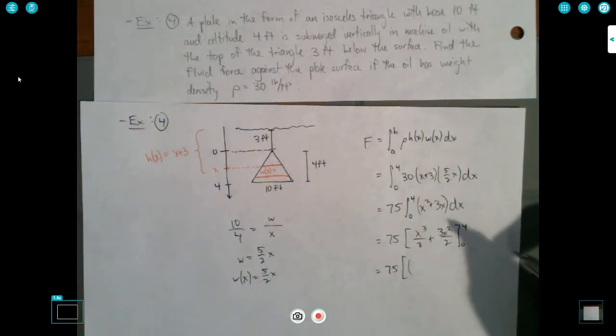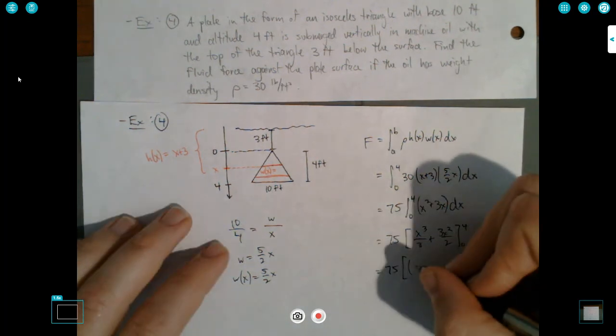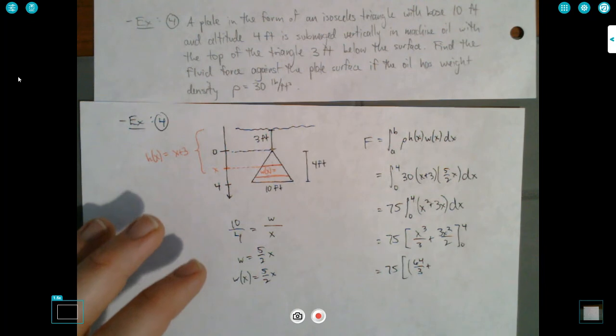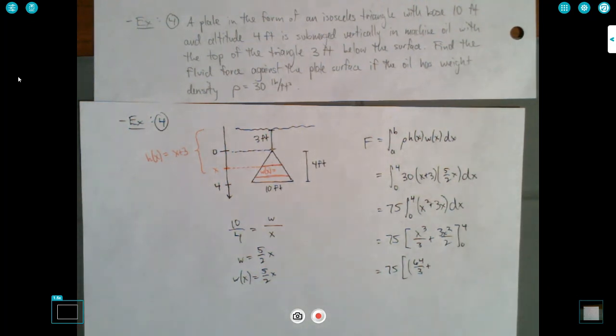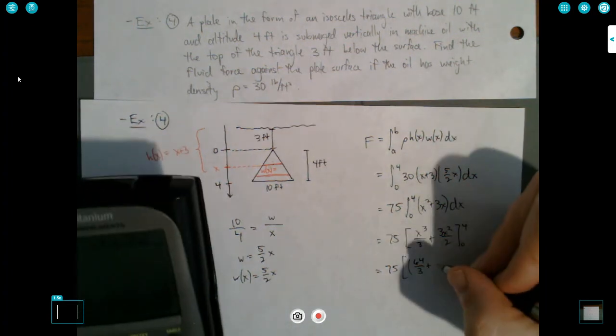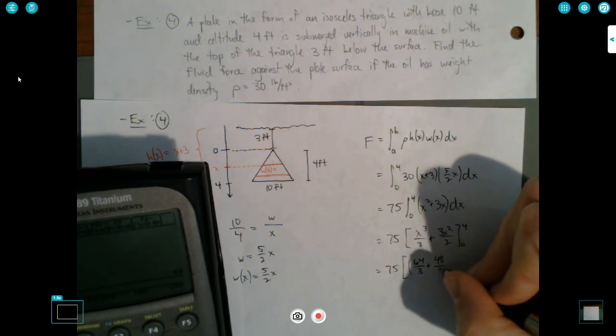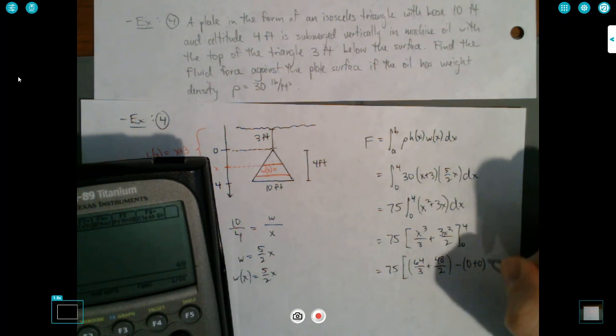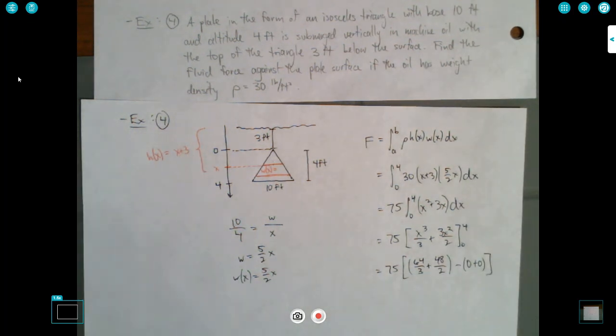So 4 times 4 is 16 times 4 is 64, so this is 64 over 3, plus 4 times 4 is 16 times 3, which is 48, over 2. Oh, so that's just 24. Anyway, when you plug in 0, you just get 0 plus 0. Let's plug this into our calculator. 75 times 64 over 3 plus 48 over 2 comes out to